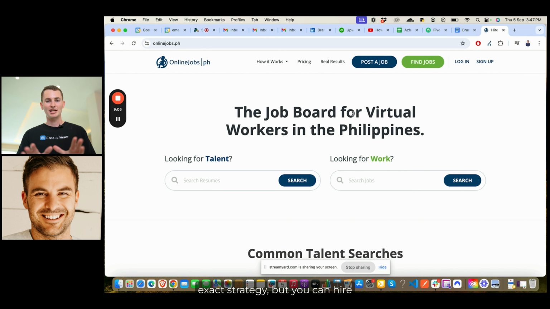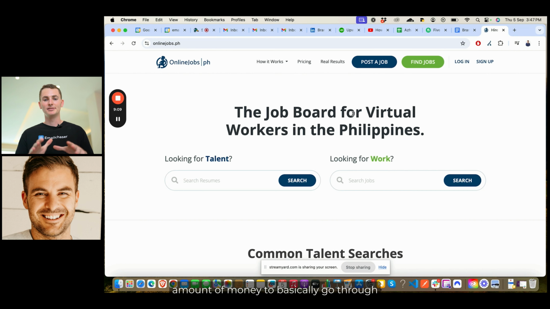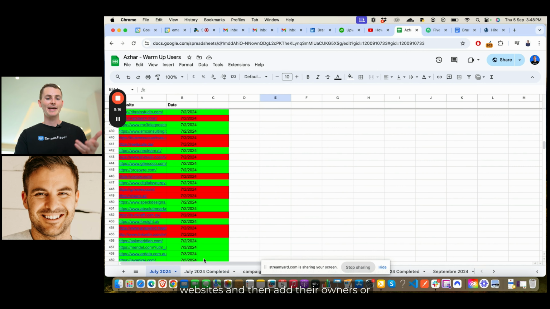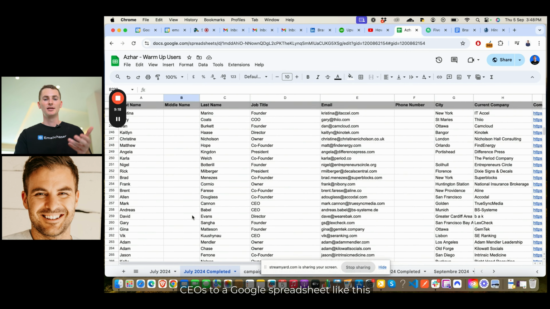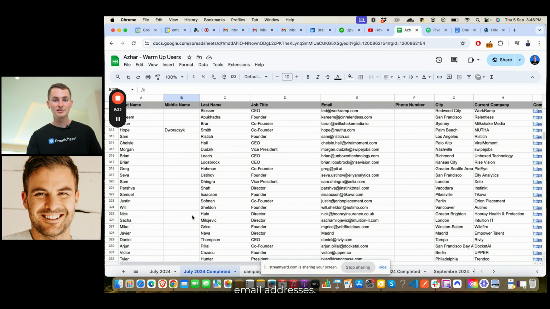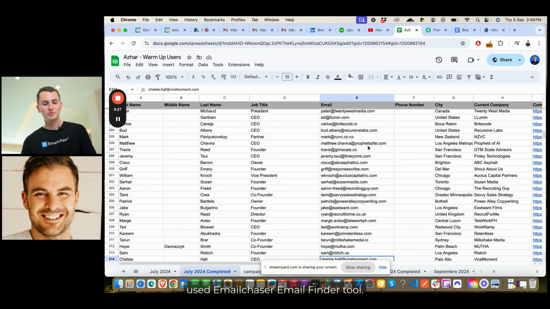And this is just an example. I'm not saying everyone has to do this exact strategy, but you can hire someone on this site for a very low amount of money to go through the list of hundreds or thousands of websites and then add their owners or CEOs to a Google spreadsheet like this with all their additional information, email addresses. And in case you're wondering where we found the email addresses from, we just used Email Chaser's email finder tool. There's also other tools out there which you can upload a CSV file and it'll find them automatically. So there's a lot of ways to do this, and I don't want to get stuck on the details. But the point is